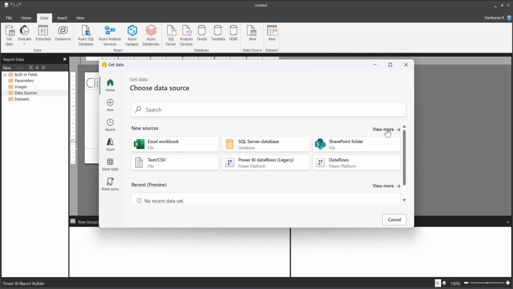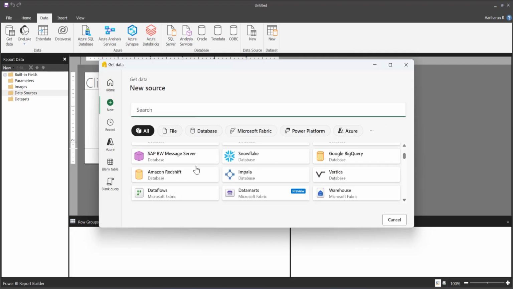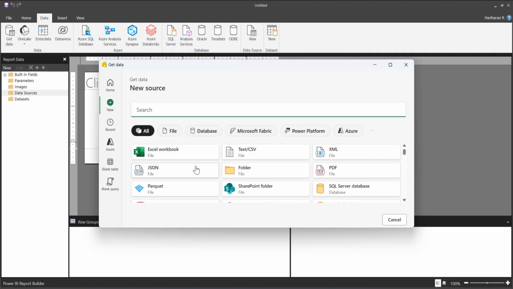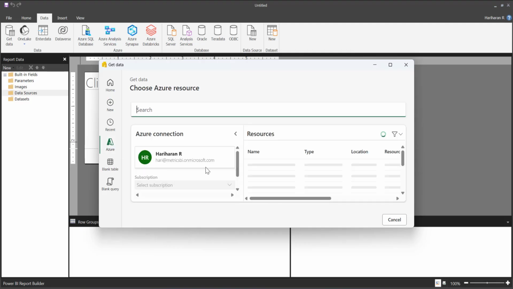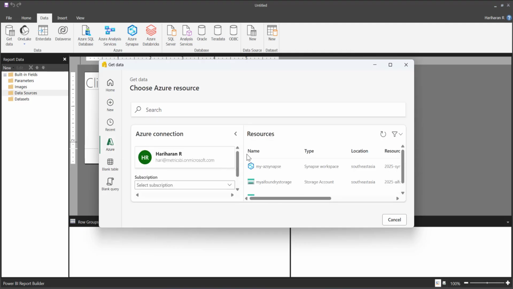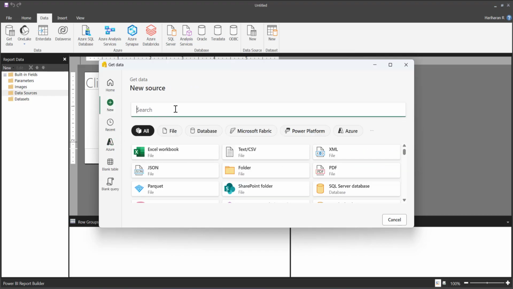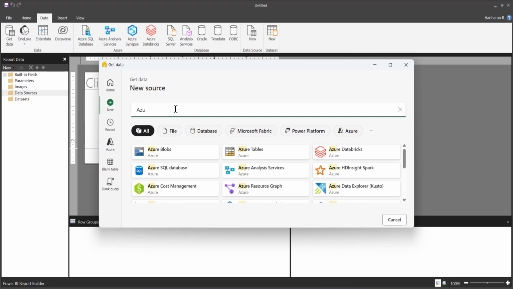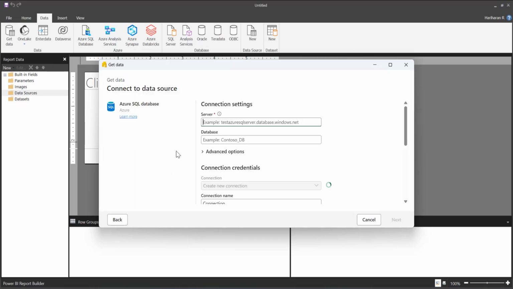So here you will be able to connect to different data sources. The experience is the same as Dataflow Gen 1 and Gen 2. So you can connect to a wide variety of data connectors. For now I'm just going to choose one of the data sources, but you can connect to Snowflake or Databricks or any sort of data source. Here you need to pass the server details